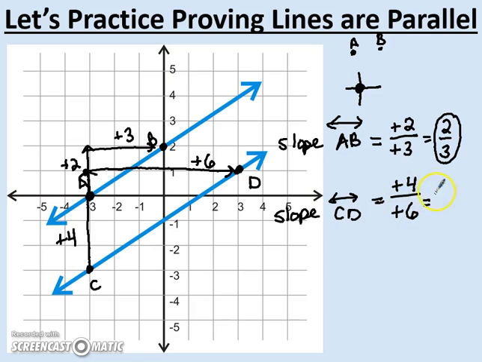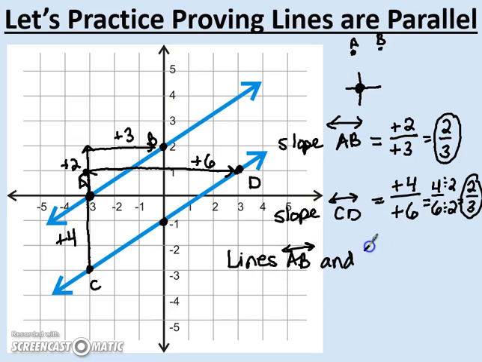Now, positive divided by positive is a positive, and 4 over 6 is a fraction, but we can reduce that fraction by 2 to get 2/3. Now, you'll see that I purposely did not pick this point here as an example, so you can reduce it to make sure they're equal. So then we would conclude, and this is how we prove it, lines AB and CD are parallel